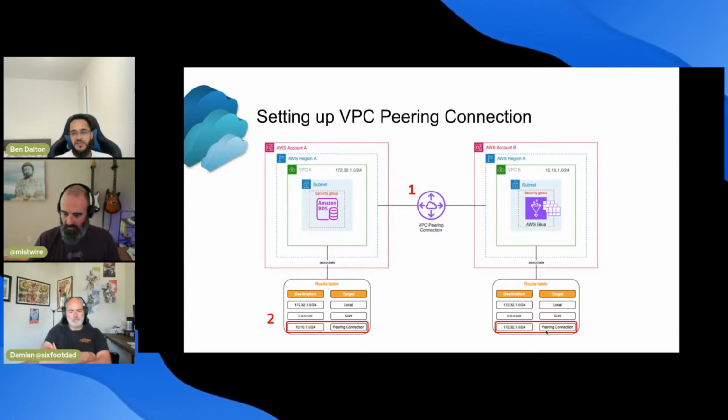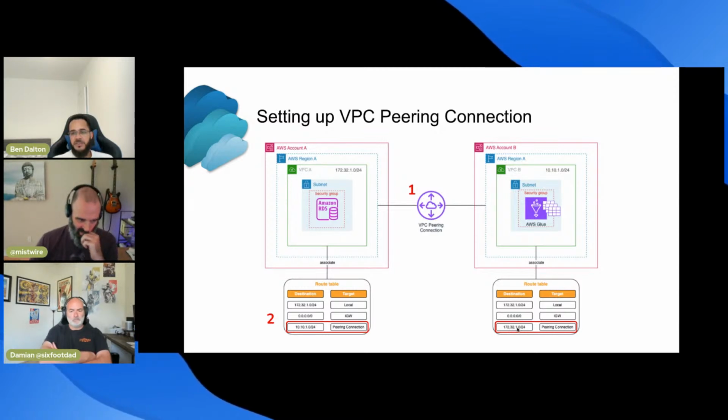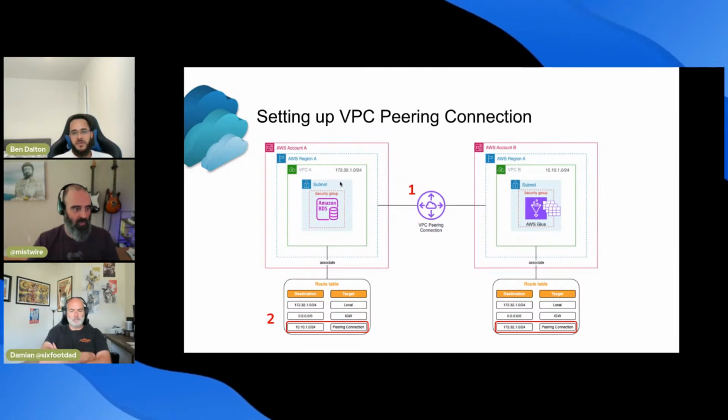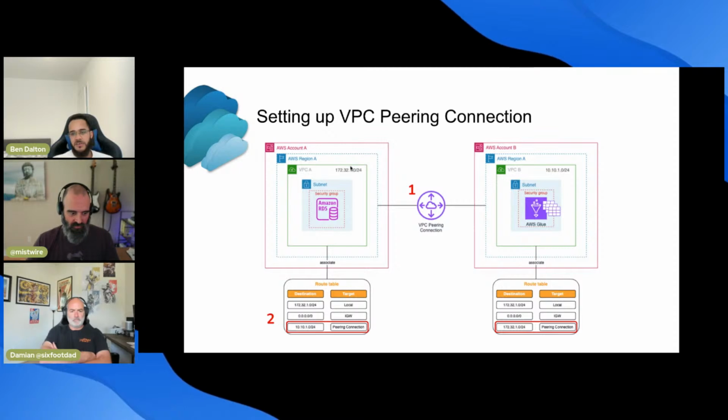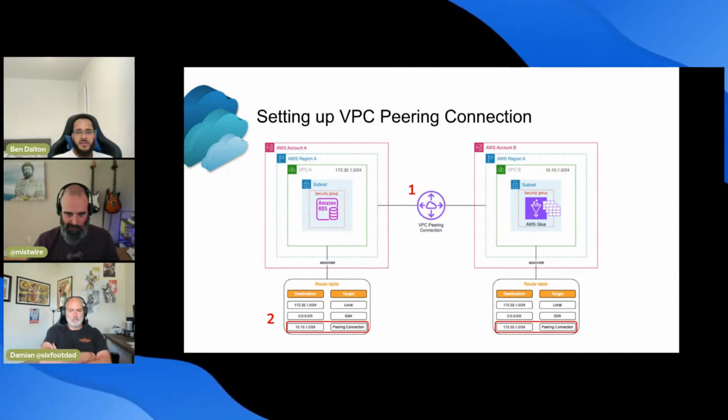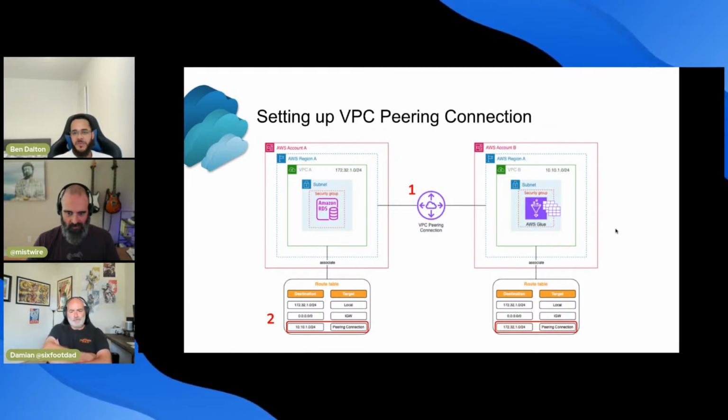As you can see, we have a target in each route table as a VPC peering connection, and the CIDR range. Right next to the VPC peering connection, the CIDR range is of the other VPC. So we put in a route with the other VPC's CIDR range, and that tells it any traffic that's going for that CIDR, send it through the VPC peering connection that was created in step 1.